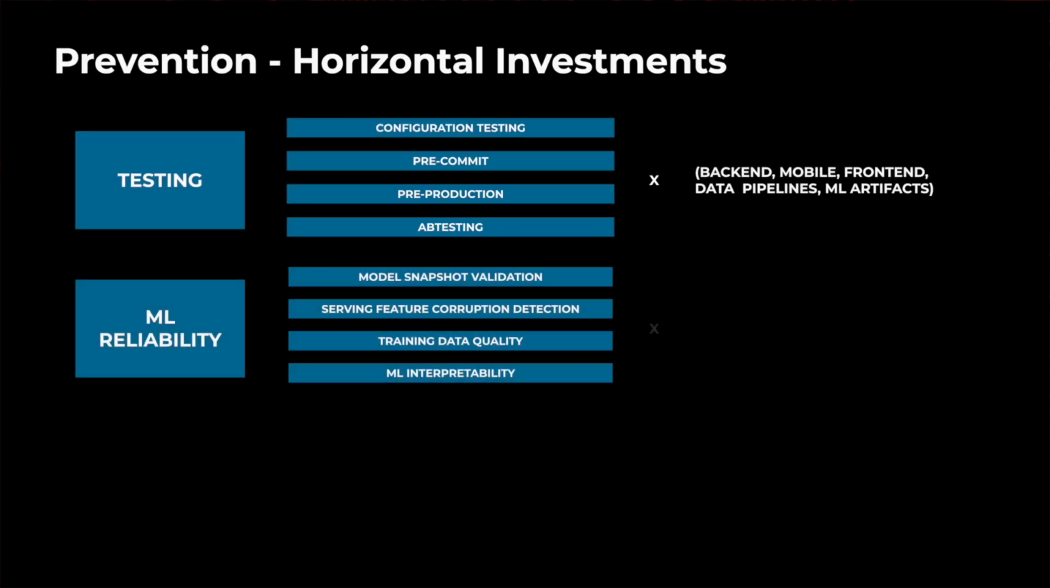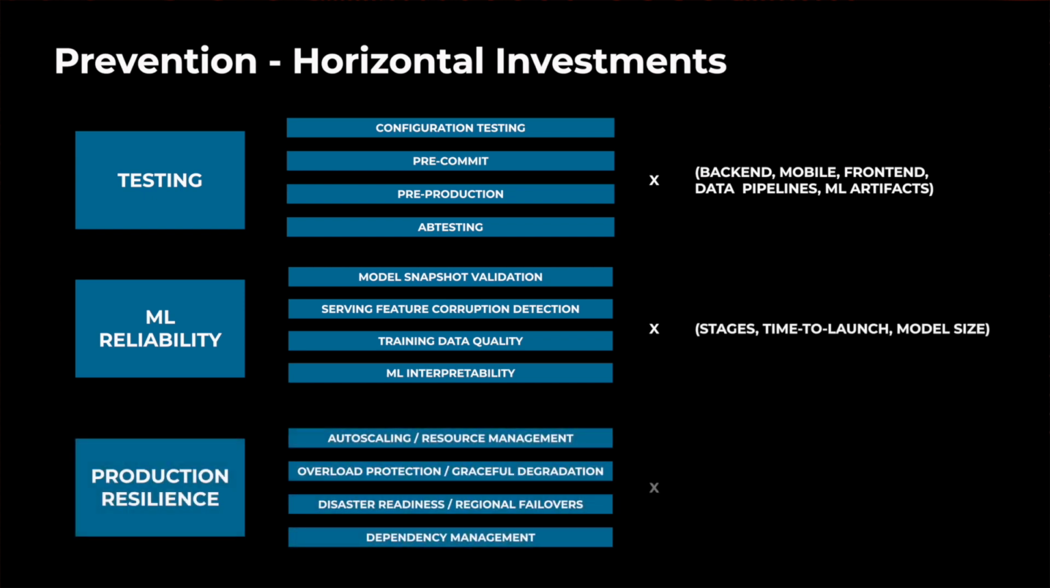Next, I'm going to share with you a bit more on three of our horizontal investments on reliability as part of monetization. I'm going to share with you on testing, ML reliability, and production resilience. Testing, generally considered a good engineering practice, follows a more intentional structure here within monetization at Meta. The two key pillars during development are pre-commit and production testing, which take the shape of code path-based testing and